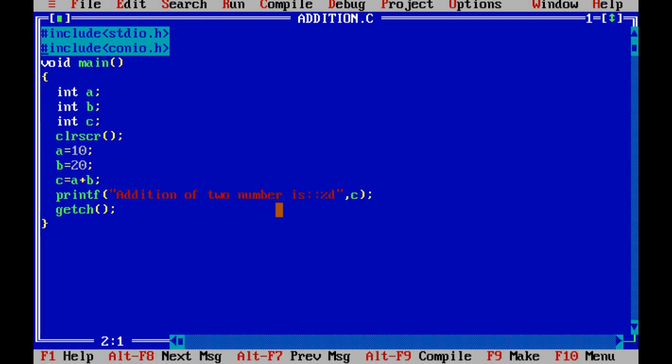Okay. Then one more thing, these three variables have the same data type, right? So every time it is not necessary to declare on the next line because we need to reduce the number of lines of the program.